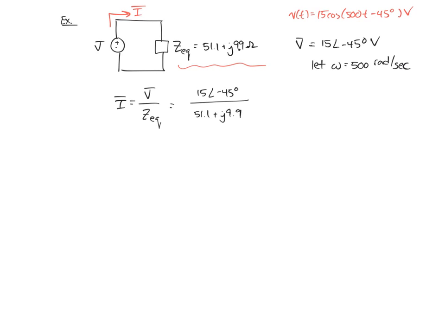Note that we have the numerator in polar form and the denominator in rectangular form, so we generally want to convert one of those to the other form to make that easier to compute, or even possible to compute. Doing so and simplifying, this becomes 0.16 minus j0.24 amps. So that's the solution to the current phasor in rectangular form, converting to